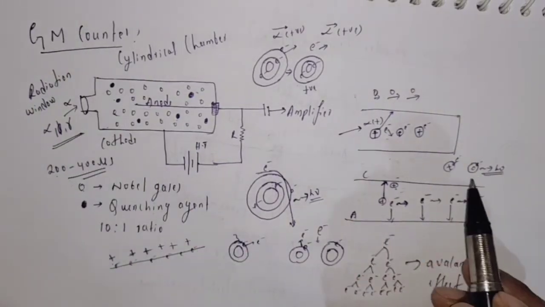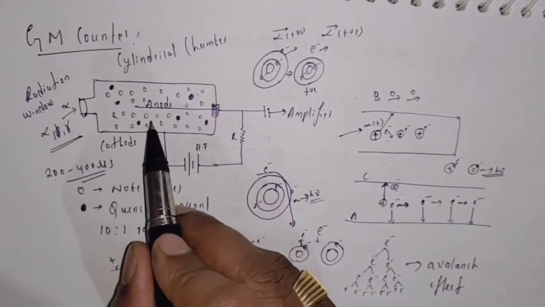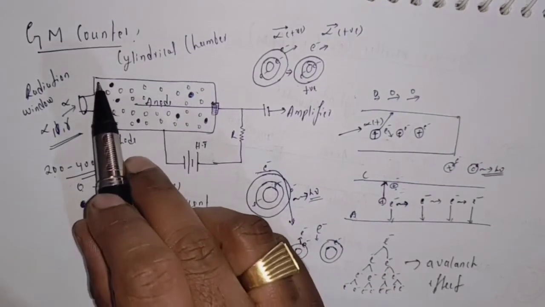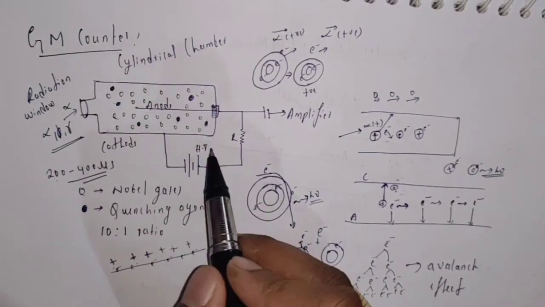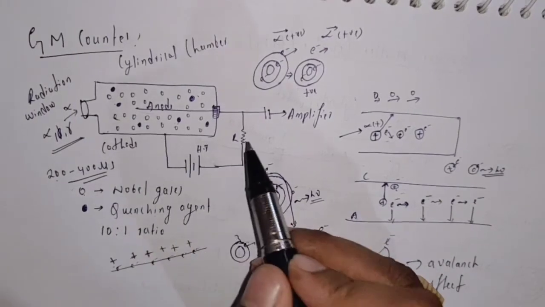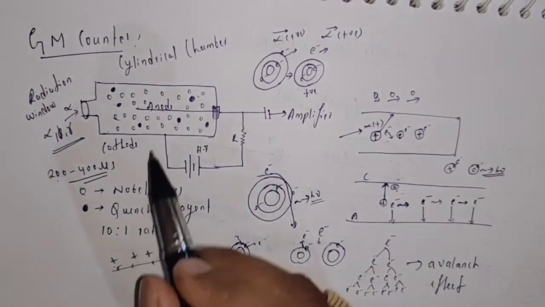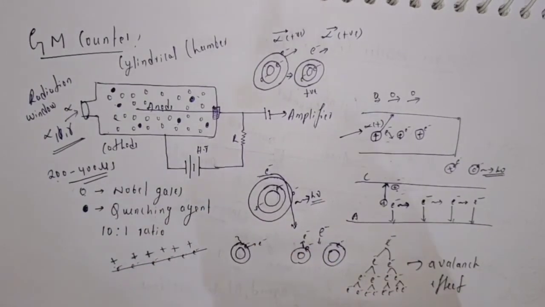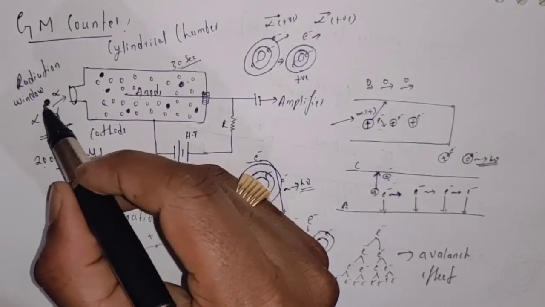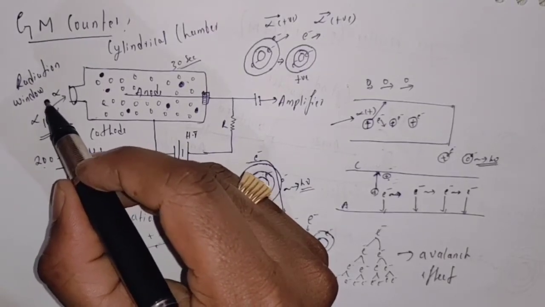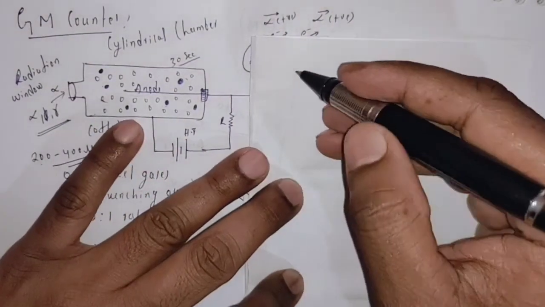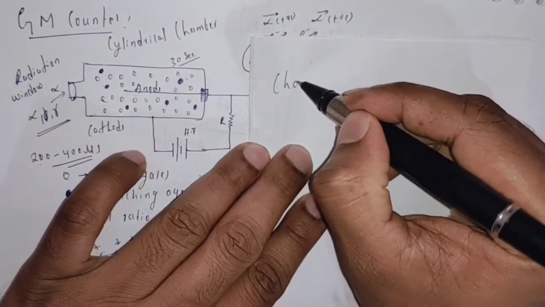After the detection, all negative charges are surrounded by the anode and positive charges come towards the cathode. After detection, these negative charges move towards the cathode and recombine to form a neutral atom. Okay, this is all about the working of the GM counter. Here we are going to place a radioactive element, and this radioactive element is going to emit ionizing particles. Now let us see the characteristic curve.